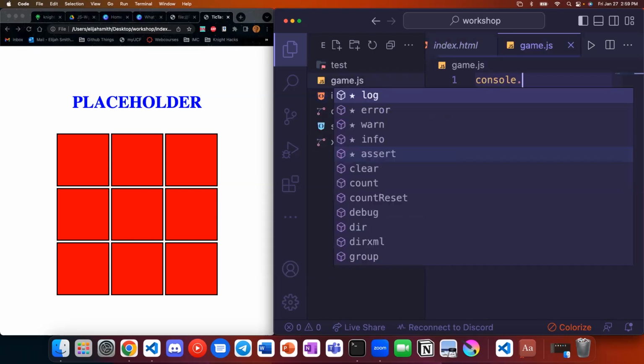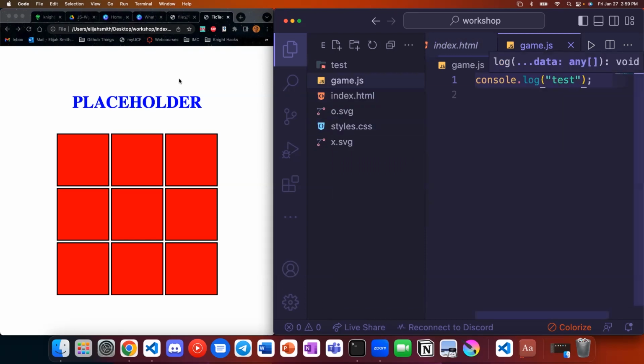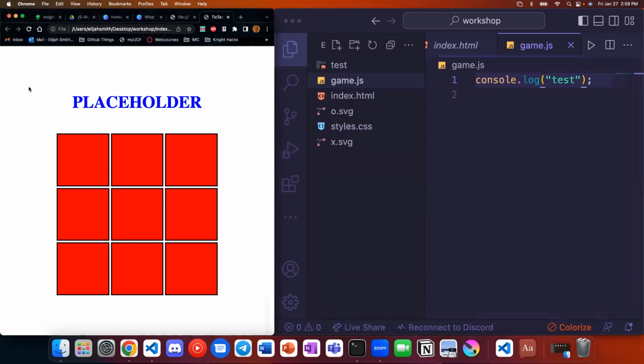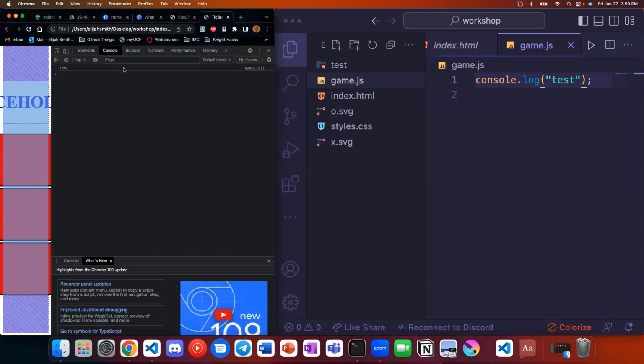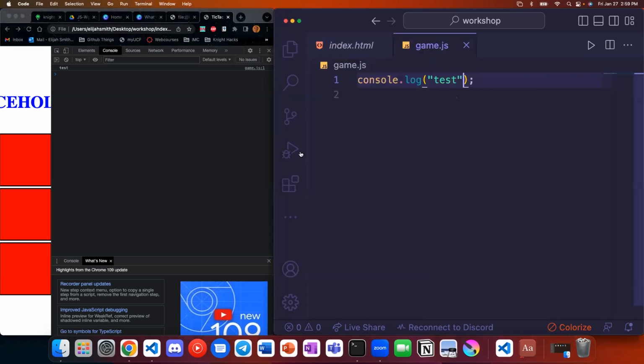We can console.log test just to make sure it works. If we refresh the page, it should go ahead and print in our console test. So that's how you know that the script successfully got loaded. Very often, I will attempt to load a script and write the syntax incorrectly and do my whole thing and then wonder why nothing happens. It takes me a good long time to realize that I did not load it properly. So always go ahead and test, just make sure that your script is successfully being run, which it is.